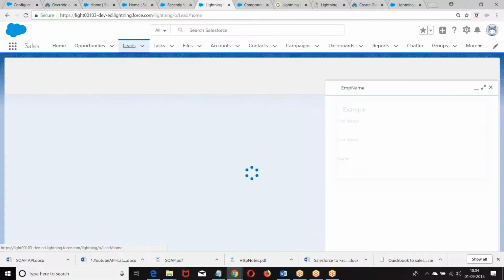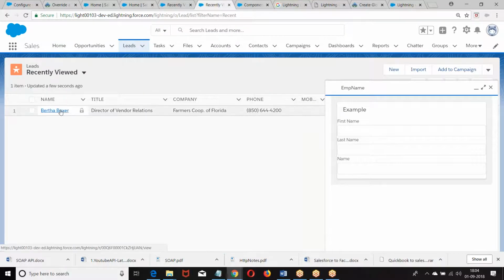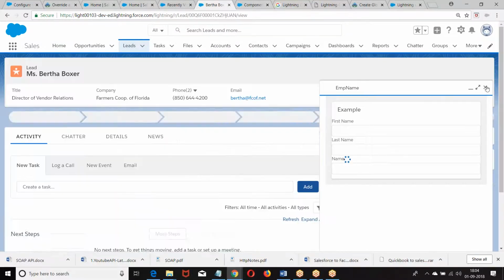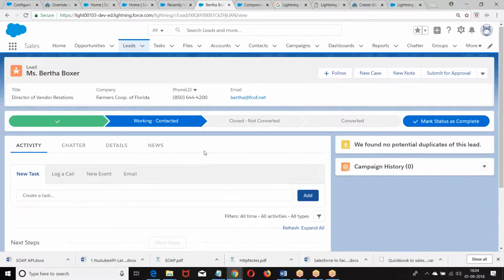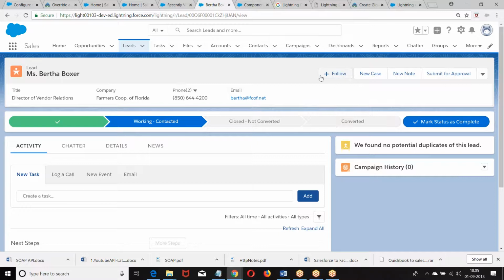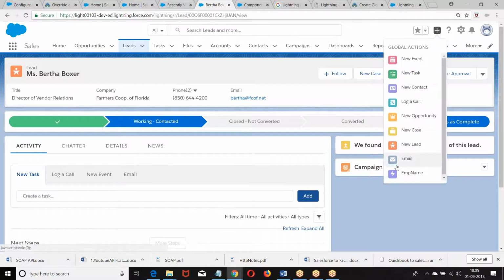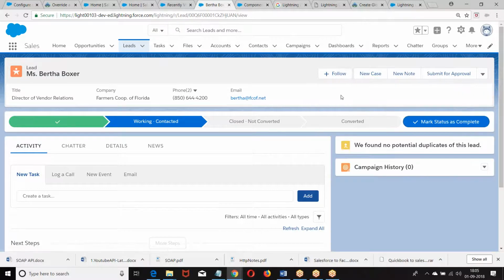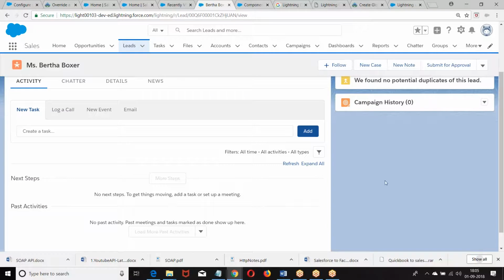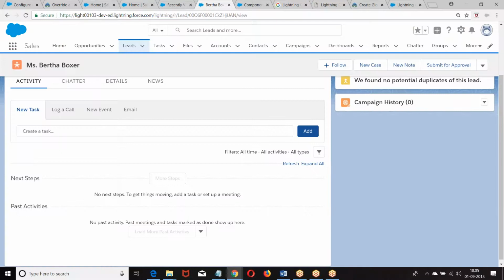But what we can do, go to the lead, go to the record. So where are those global actions here? Fine, it's not getting applied here. So look, not an issue. We'll come back here. So what we have done in this case is created a quick action. Now I hope you followed the difference between an object specific action and a global action. Okay, let me give some quick theoretical information here.